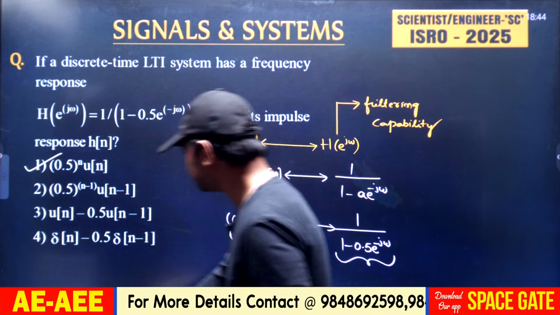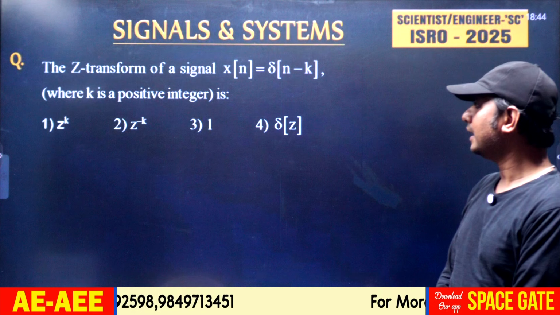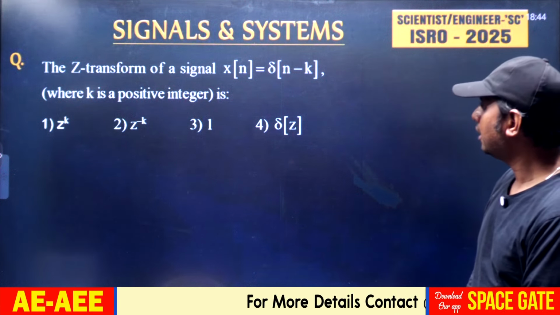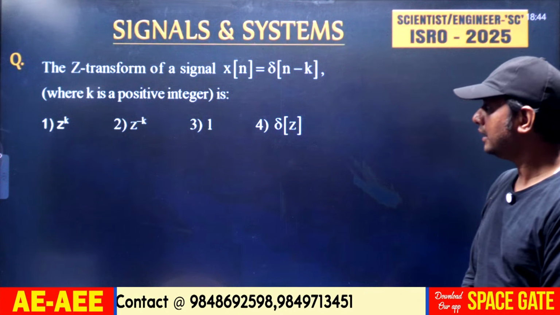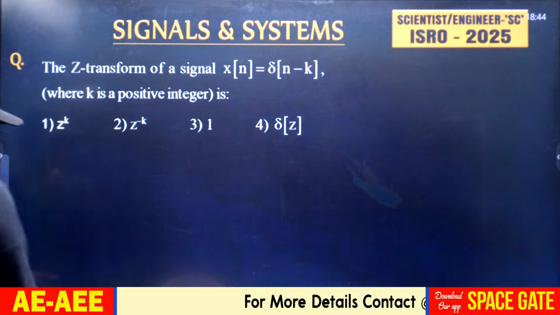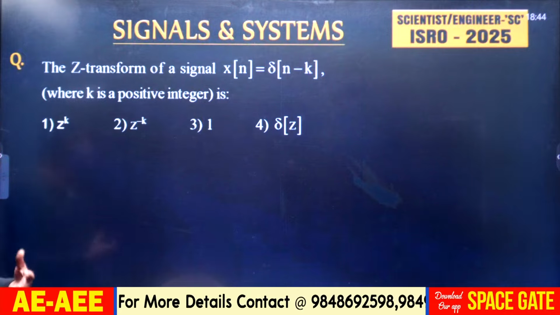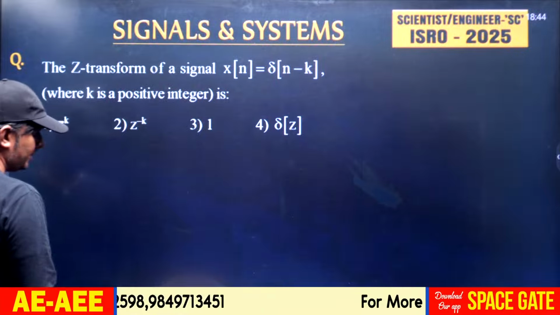Let us look at the next question. The Z transform of a signal x of n equal to del of n minus k, where k is a positive integer, is. In order to get the solution for this problem, you can use the time shifting property of the Z transform, which says that